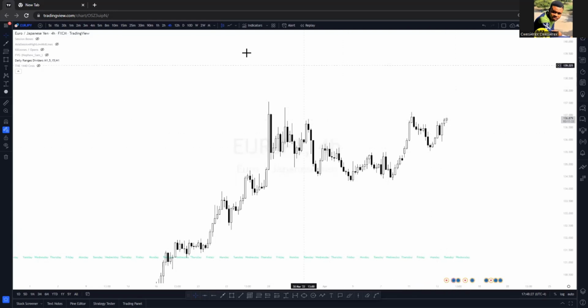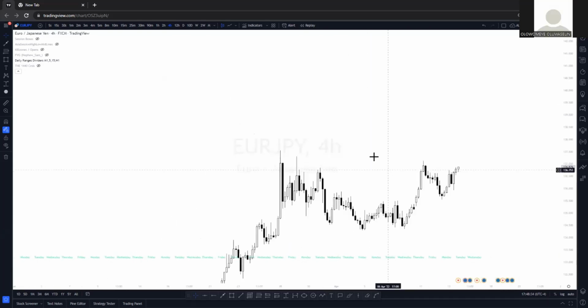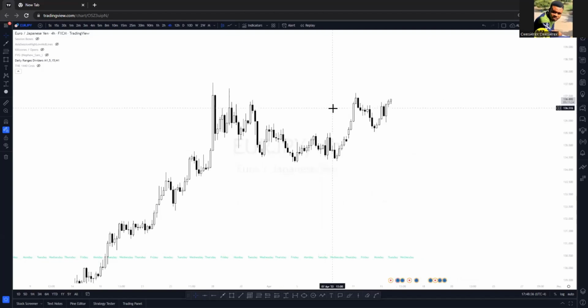Okay. So the equilibrium price is the 50%. Exactly. So anything below the 50